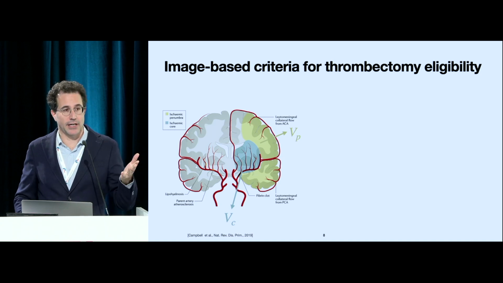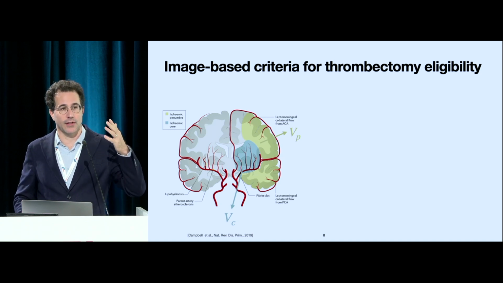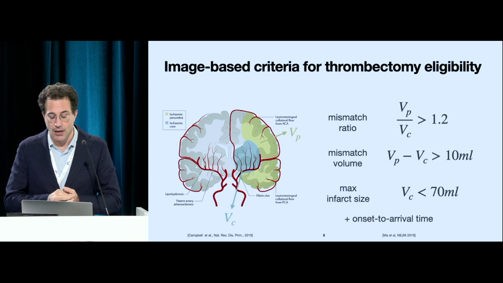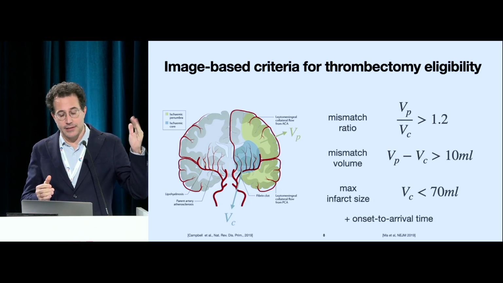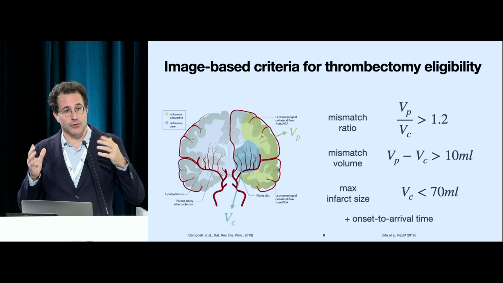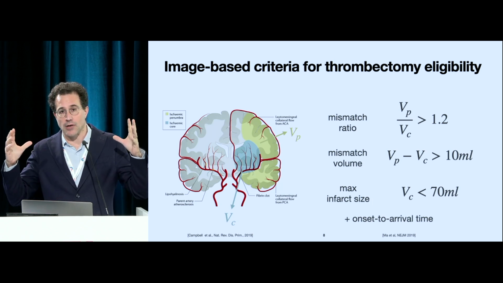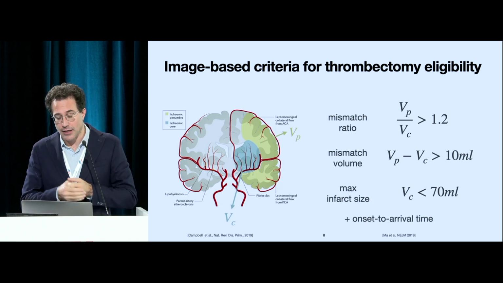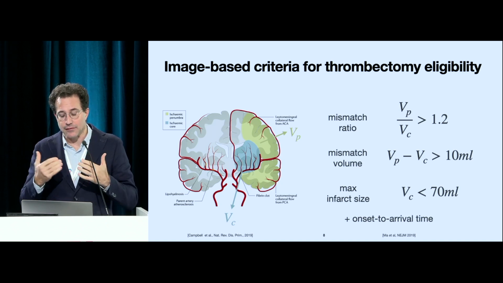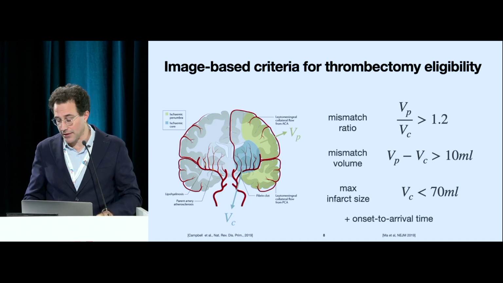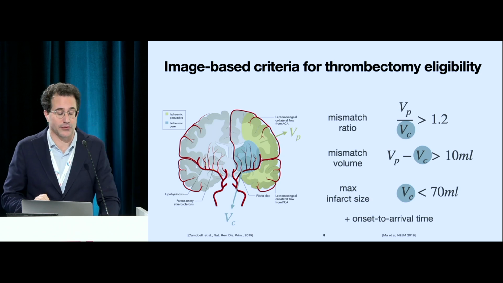And then you apply a number of criteria. There have been a number of trials over the years. So this is an example here for a recent trial. You will then use these quantities in several things. You will see the mismatch ratio. So do you have a large enough penumbra around the core that you can salvage? Is the volume indeed something that you can operate? And is the infarct not too large, right? So these criteria, you see these three things. This quantity appears here, this volume.